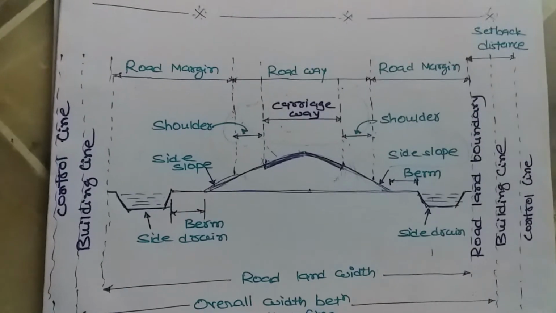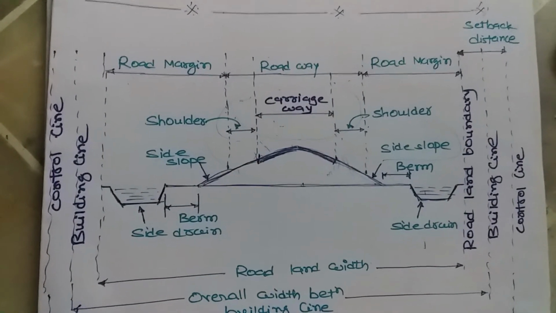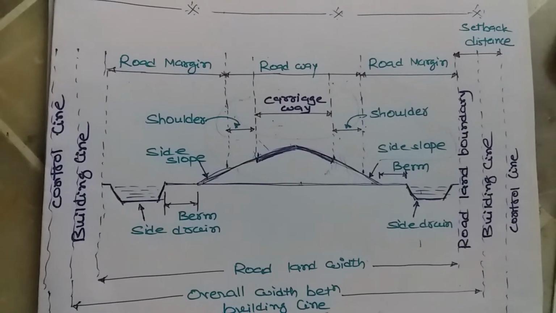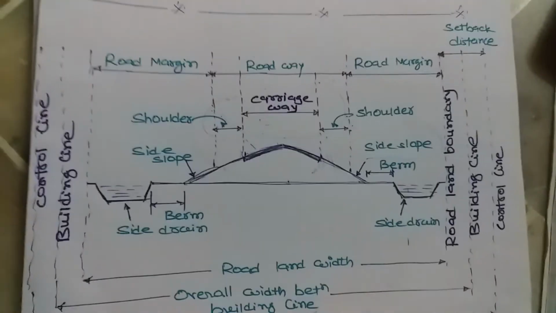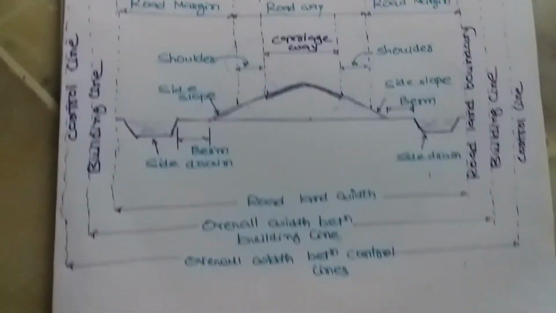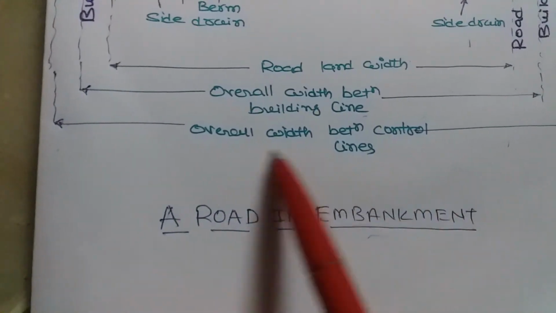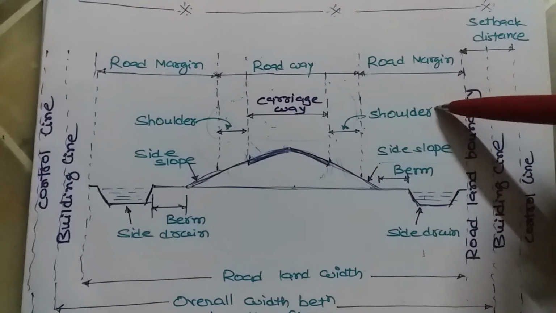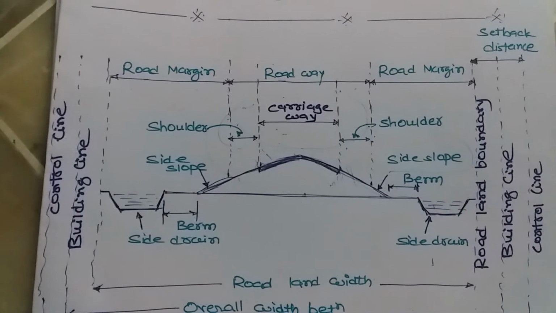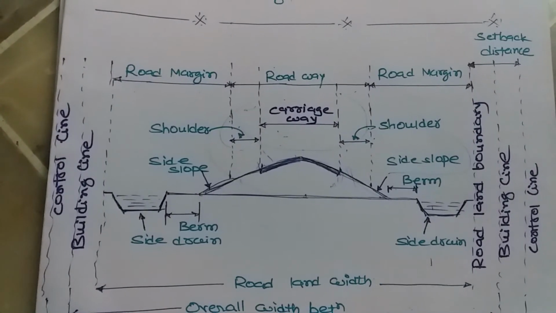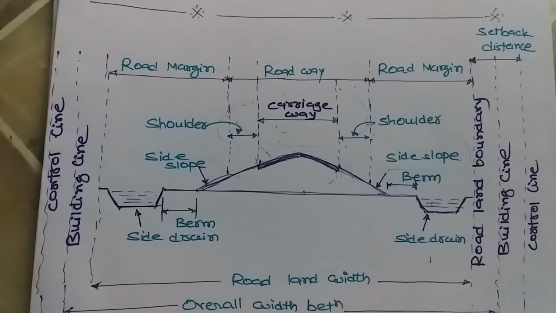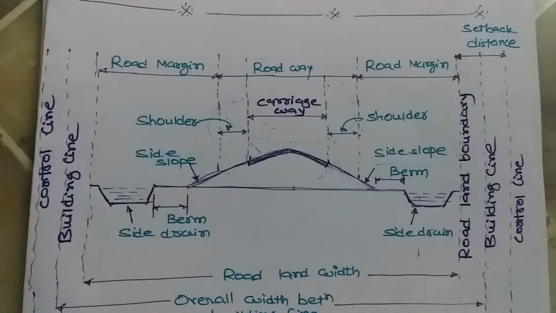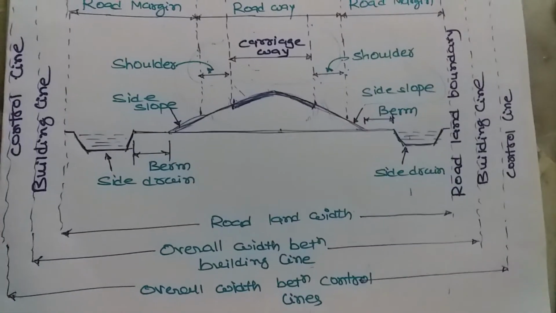Okay, so what is the side slope? The slopes given to the sides of earthwork of a road in embankment or in cutting for its stability are called side slope. Okay, so normally in embankment, because here I am giving a diagram or figure of a road in embankment, so we are discussing the side slope for the embankment. Means a filling, the height of the embankment is over 0.8 meters, slope is provided 2:1. If the filling material subsoil strata consists of heavy clay, then it is also provided as 2:1. So proportion of side slope is 2:1.